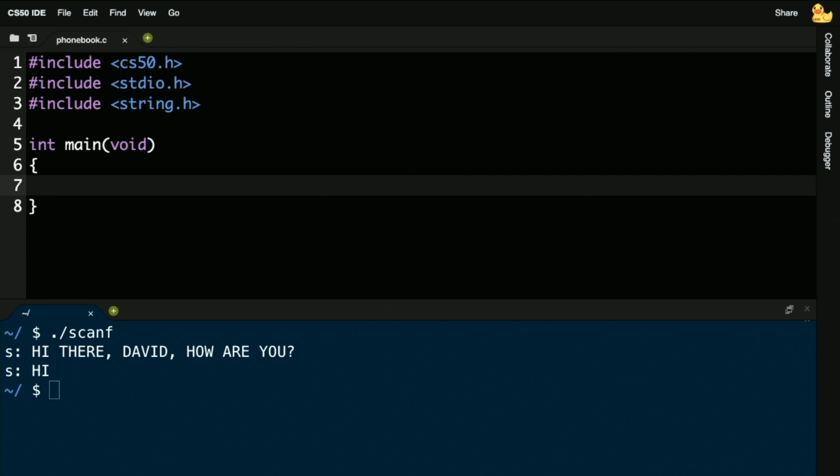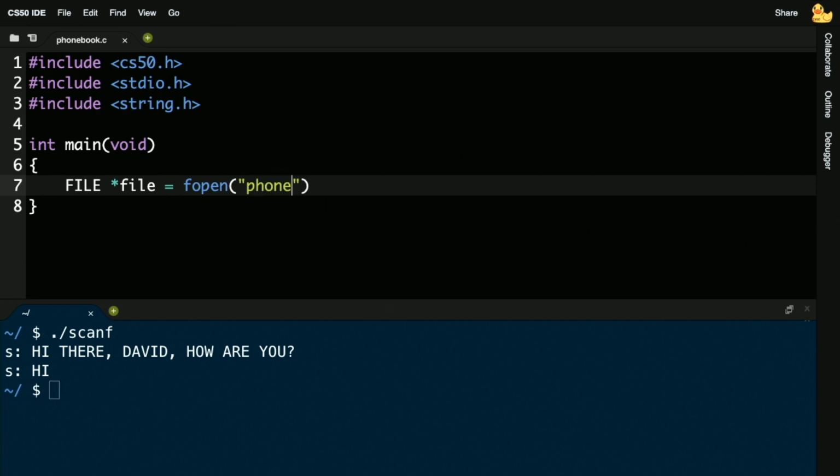I'm going to give myself a pointer to a file. It turns out, weirdly, that in all caps, F-I-L-E, this is a new data type that does come with C that represents a file. So I'm going to give myself a pointer to a file, the address of a file, and I'm going to call the variable file. I could call it f, I could call it x, I'm going to call it lowercase file, just to be clear. And I'm going to use a new function called fopen, which means file open.